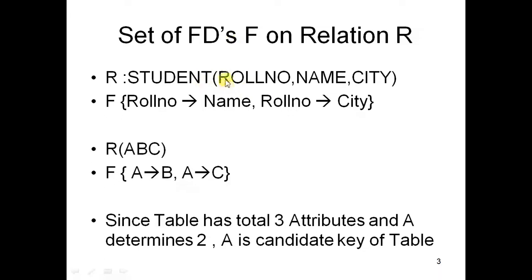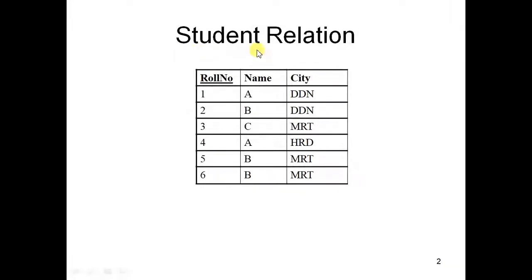See, there are two different types of representation. Number one, the first concept is that in case of normalization and normal forms, we use the word relation rather than table. Please make it very clear, in most of the examples you will find the word relation. So student relation means we are talking about the student table, but this word relation is different from relationship. Relationship is primary key and foreign key, and this relation is a general RDBMS term.